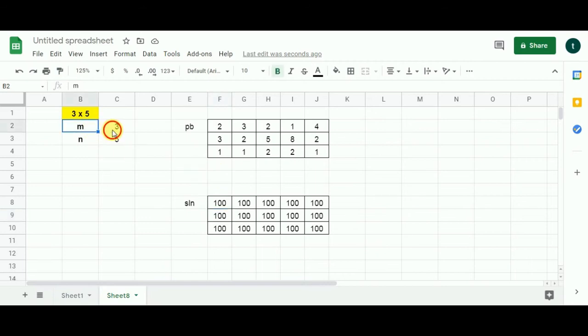Remember, the m is 3, which represents the number of rows, and the n is 5, which represents the number of columns. To start with, I'll populate 1 in the first cell of the solution array, because this is the base subproblem, the first subproblem. Had the matrix been of just one cell, then the number of ways from the first cell to the last cell, even though they are the same, would be 1.